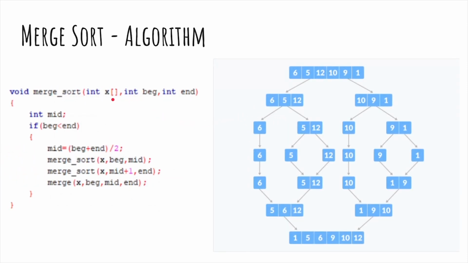The array is stored in X, while beg and end include the index 0th position and the final position, in this case 5th, respectively. Now, since 0 is less than 5, the if condition is satisfied. Here mid is equal to (0 plus 5) by 2, that is 2.5 rounded off to 2. Now, the recursion takes place and the merge sort function is again called, only this time the value of mid, 2, is passed as the end, thus dividing the array into the sub-arrays 6, 5 and 12. This process is continued until all these arrays are of size 1.